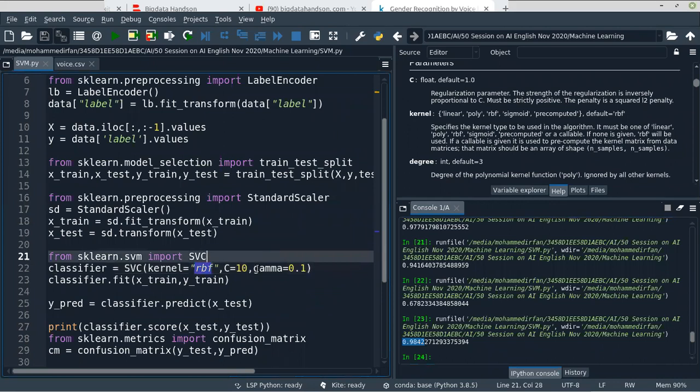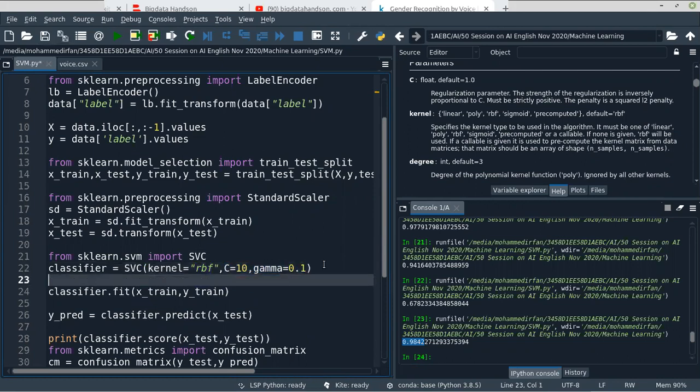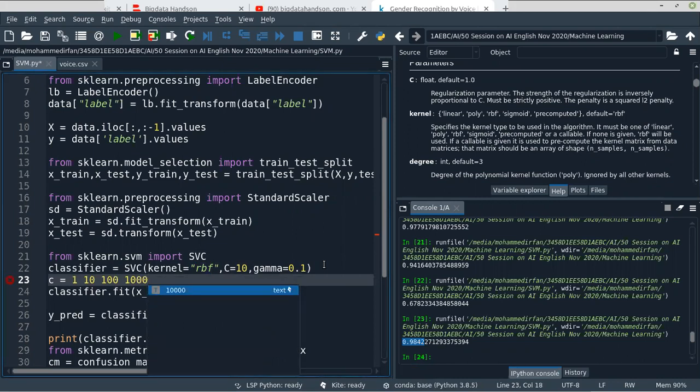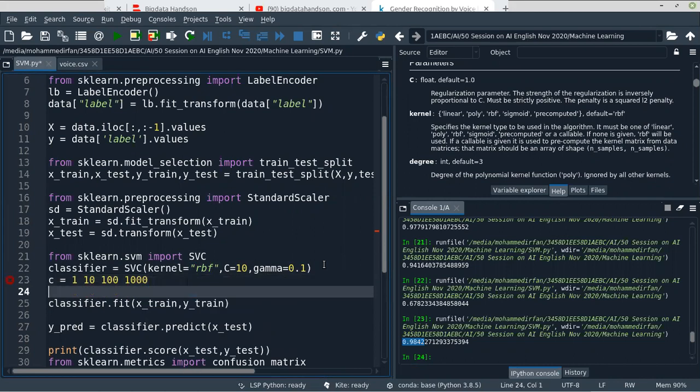Now I'm going to give you an algorithm that will help you when you have too many parameters. For example, the values for C can be 1, 10, 100 or even 1000. The range is different, right? You can give some values and we want to explore both parameters.